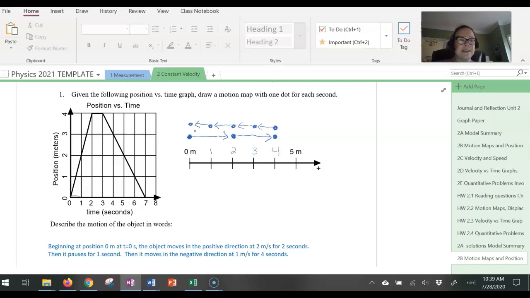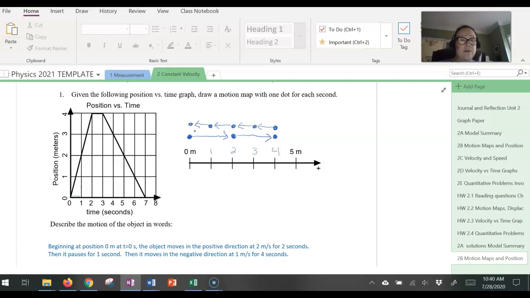The position dots stacked, so I had to change levels. So here I went up a level. You could just as well have gone down and that would be okay, but I needed to change level because I don't want those stacked dots to be on top of each other. If they did, I couldn't read how long it stayed at that position. But by counting how many dots stack, I get a sense of how long it stayed at that position, 4